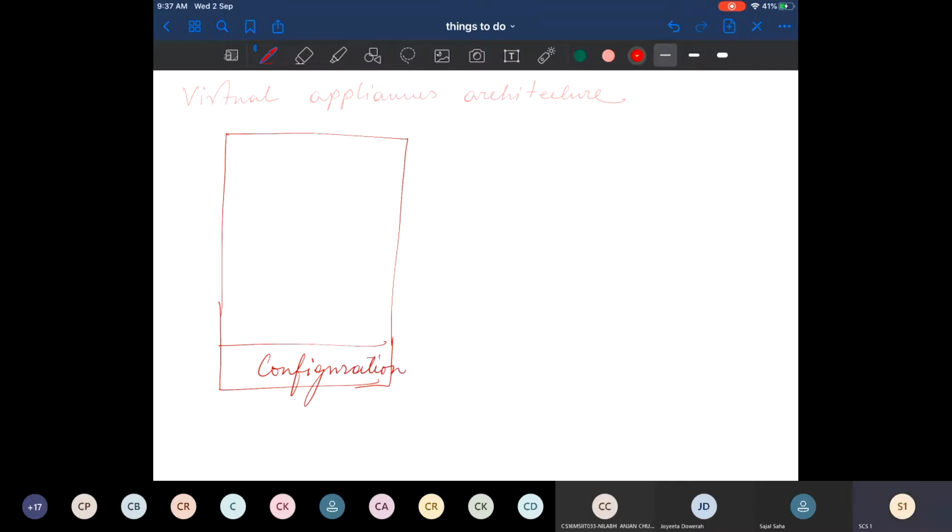So this is your base where your hardware is located, and on top of it you have your operating system. Then on top of it, the libraries that are required for your application; you'll keep only the libraries or the API.